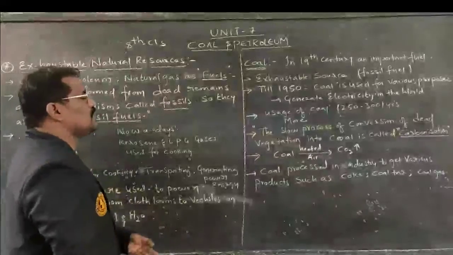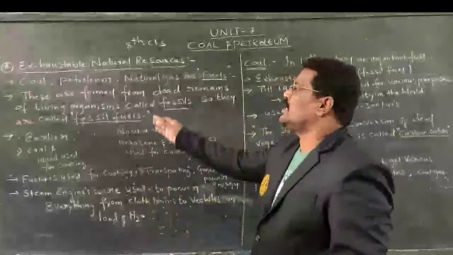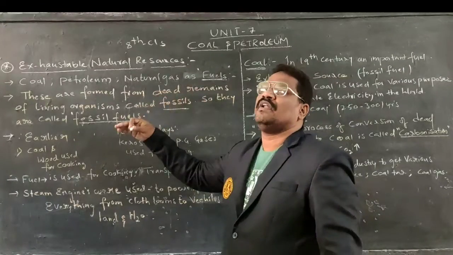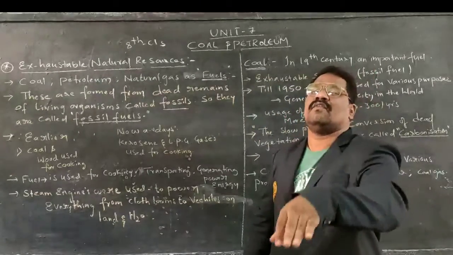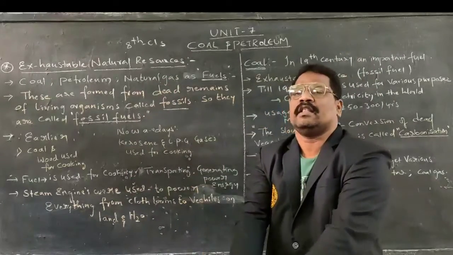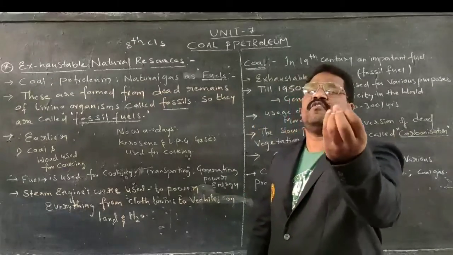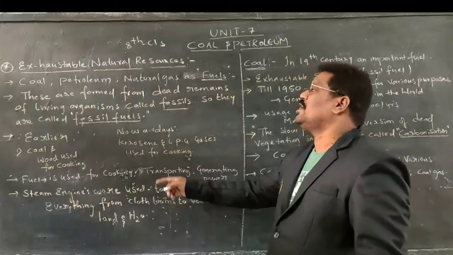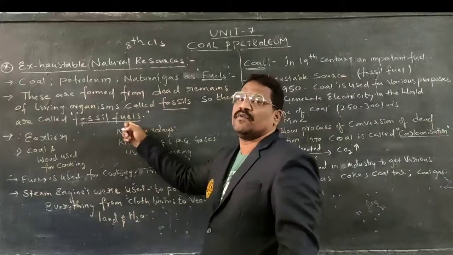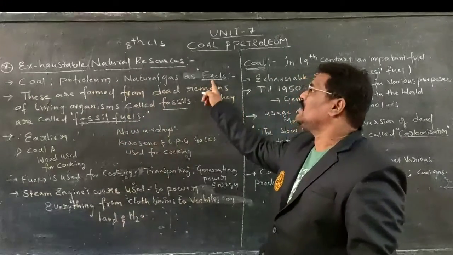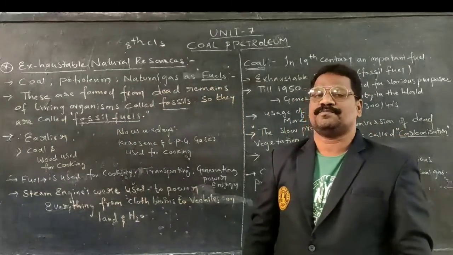What is a fossil? How does a fossil come to exist in the deepest part of the earth? The dead remains of living organisms, either plants or animals, and so on, which are dead and exist in the crust layer of the earth for so many years, form fossils. Coal, petroleum, and natural gas are fossil substances only. As we use them as fuels, we call them fossil fuels.